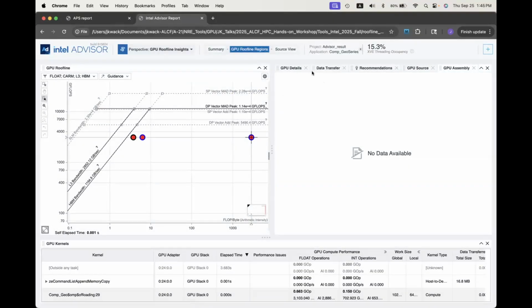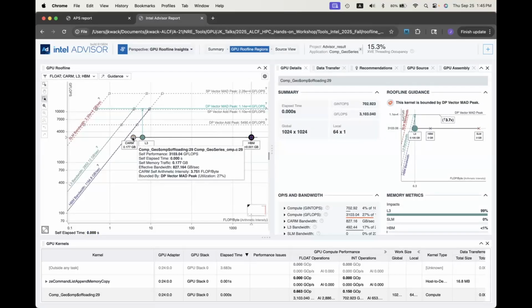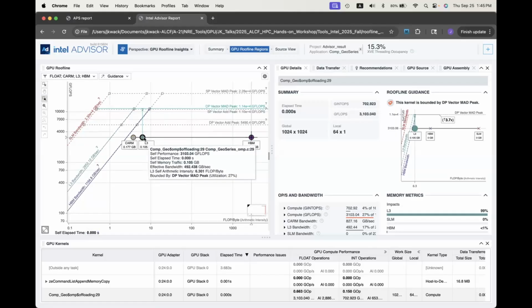And if you click the roofline view, here there are three things, right? I just click the CARM, L3, and HBM, which means three different layers: CARM, the L3 layer, and the HBM layer. So for a single kernel, you can see the dots based on each hierarchy. So this is HBM, the L3 intensity is pretty high, which means it has very good cache locality, right? L3, so it's bound by the DP, right? And then it says the 27% utilization,